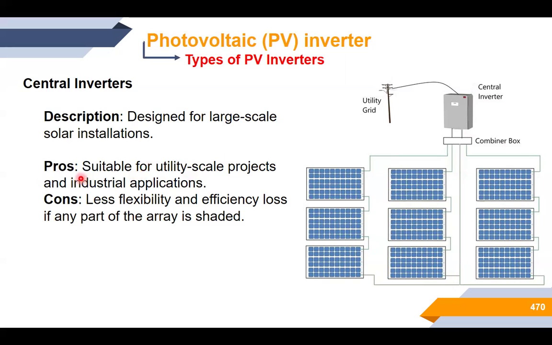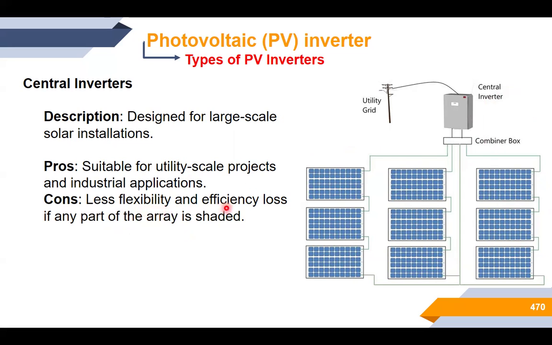The topology of the central inverter is suitable for utility-scale projects and for industrial applications. For example, if you want to use just one inverter to minimize the maintenance of your system, you can use just one. About the cons of this topology, when we talk about central inverters, we have less